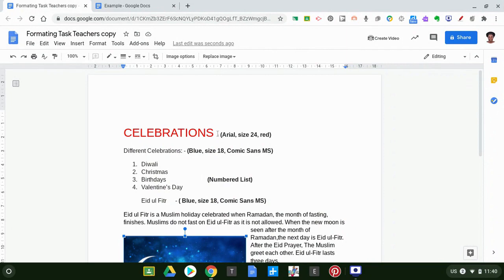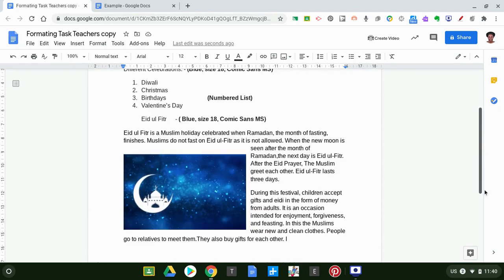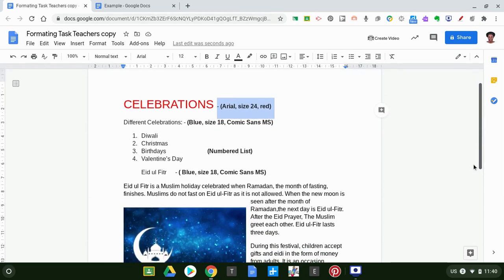Now, I want you to go to your Google Classroom, open your formatting task, and start your work. Now, remember, when you finish your work, it should look like the one in the example. So the first